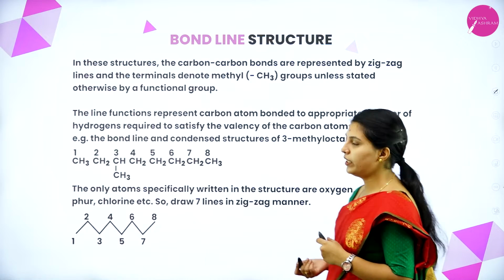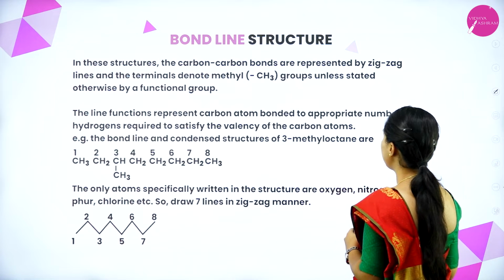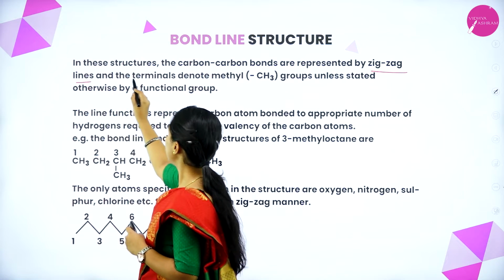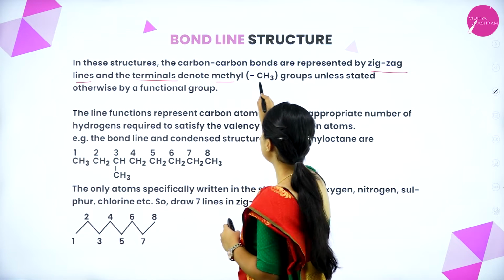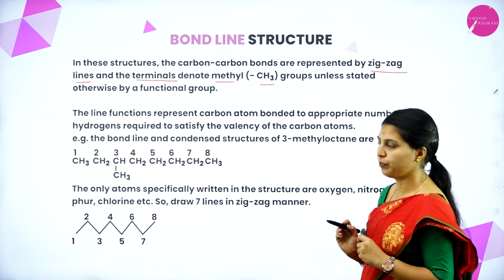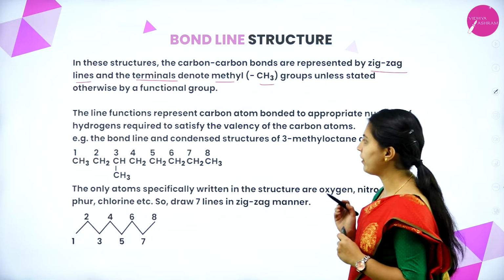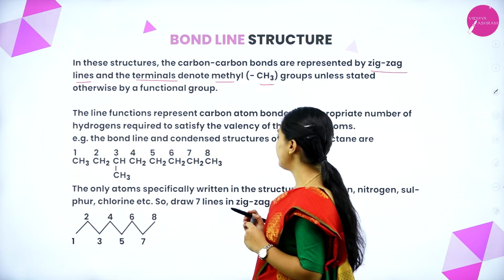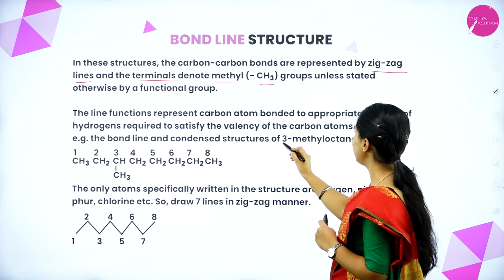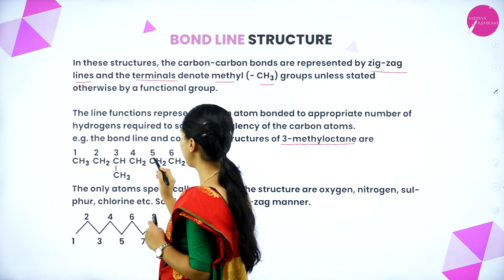Next is the bond line structure. In this structure, the carbon-carbon bonds are represented by zigzag lines and the terminal denotes methyl, that is CH3 groups, unless stated otherwise as a functional group. The line functions represent a carbon atom bonded to the appropriate number of hydrogens required to satisfy the valency of the carbon atoms. Example, the bond line and condensed structure of 3-methyl octane are, see here, 1, 2, 3, 4, 5, 6, 7,